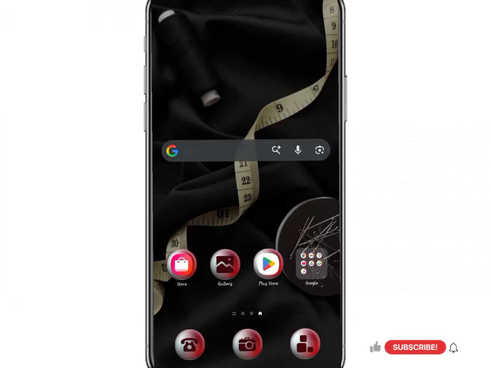Mouse Tech. In this video, I'm going to show you how to set up Key Tunnel Lite VPN in all